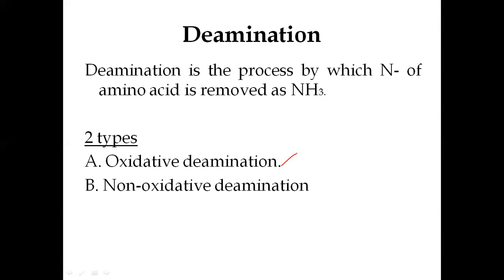D amino acid oxidases act on D amino acids, and they are readily extracted in the free form. Whereas the L amino acid oxidases act specifically on L amino acids, and they are tissue bound. They are attached to the tissue particles, and they are not easily extracted from the tissue.